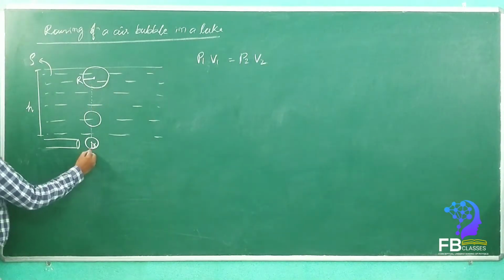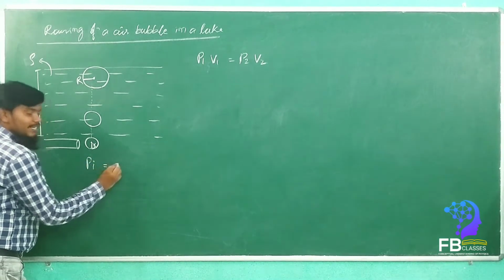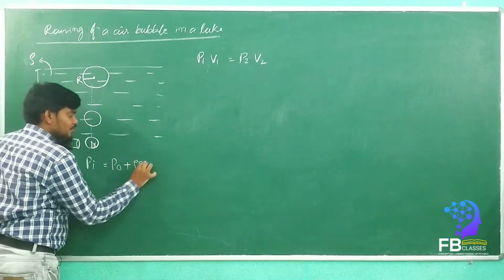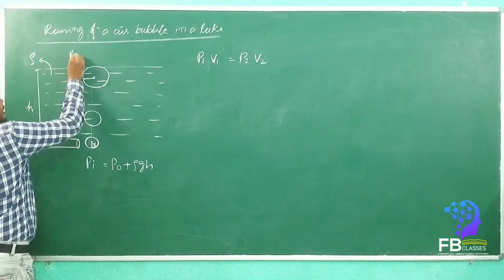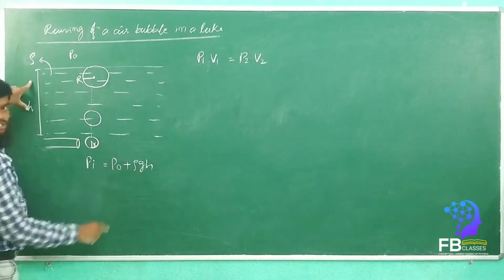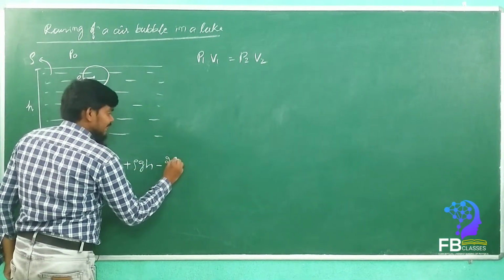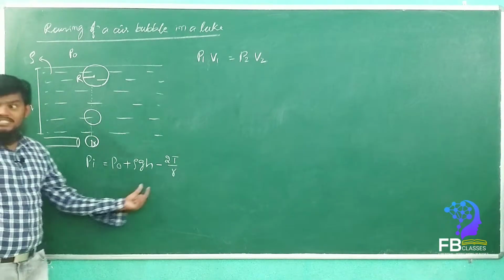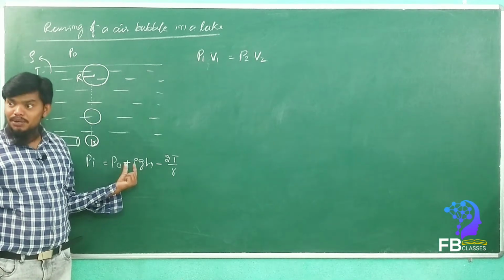So what is the initial pressure here? P initial is equal to, see here, P naught plus rho g h. P naught, see here, is the atmospheric pressure. So P naught plus rho g h minus 2T by small r, yes or no? The excess pressure